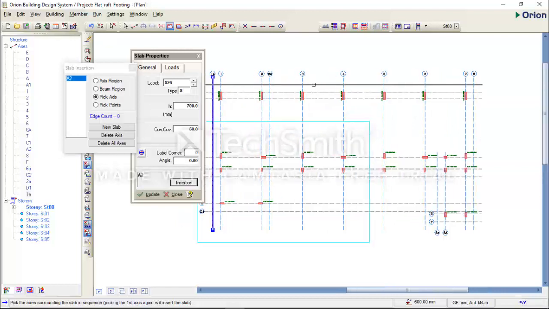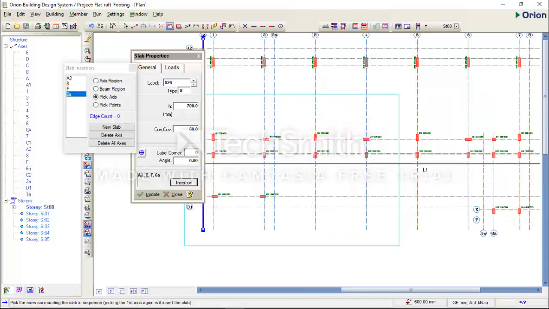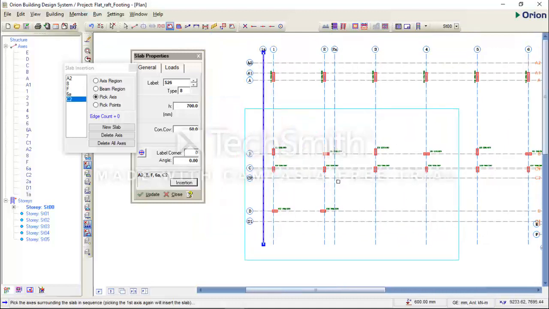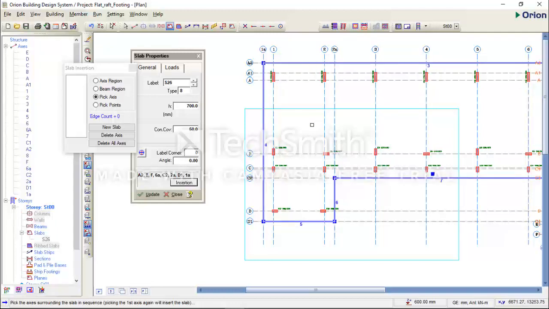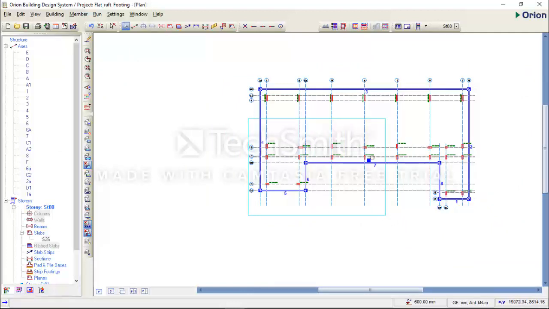So I select this axis A2, axis 8, axis F, axis 6A, axis C2, axis 2A, axis D1, and axis 1A, and then the first axis I selected, A2. So I've inserted my slab in the model now. I close this slab dialog box. You will see a blue pattern around the grid line I just selected.